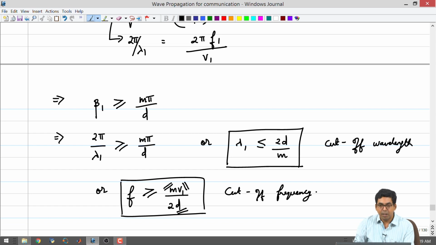So, the equivalent of a high pass filter, in the case of a transmission line or in the case of optics, is going to be a simple parallel plate waveguide. You will have frequencies above this cutoff value being transmitted. If you are aware of a system where you have multiple frequencies coming into the picture and you want to make sure that you get only frequencies above something, say to remove noise, you could construct something like this and make sure that only the signal is going through. The assumption there is that signal frequency is higher than your noise frequency, which is not always the case, but it is a general assumption you can make.